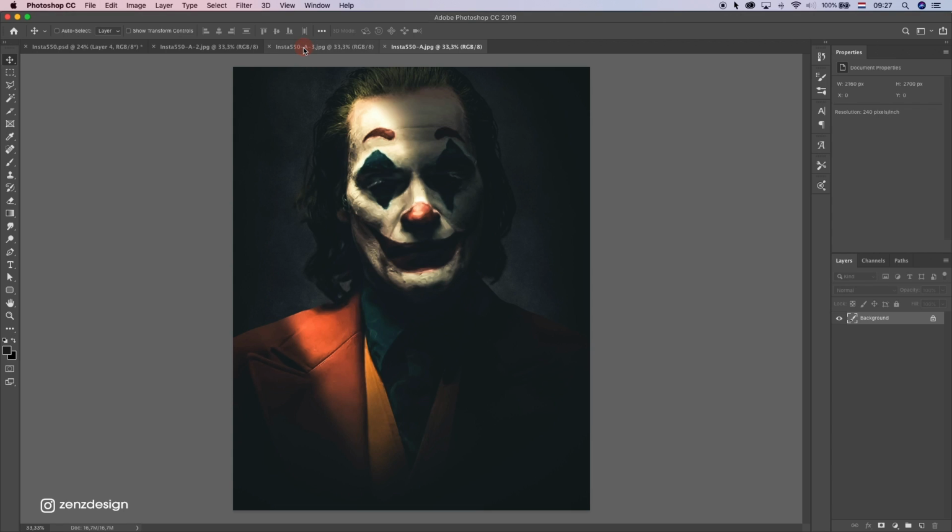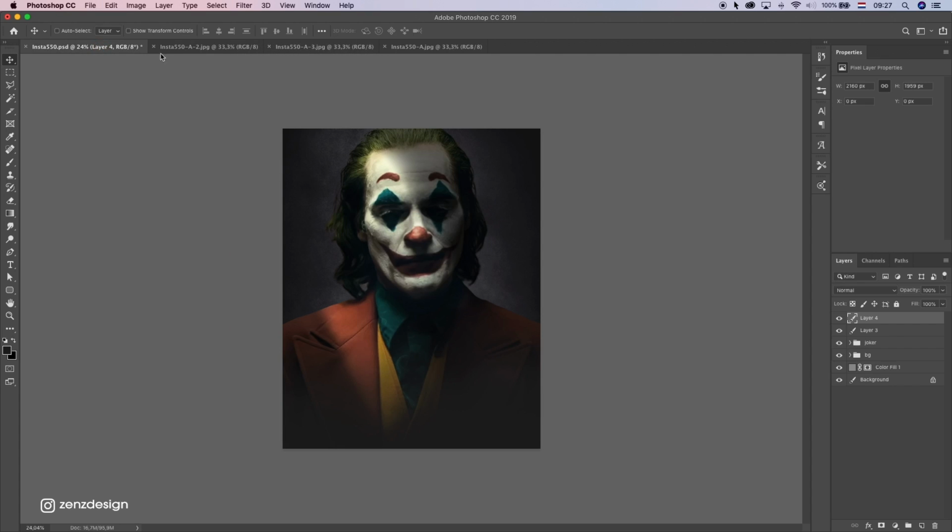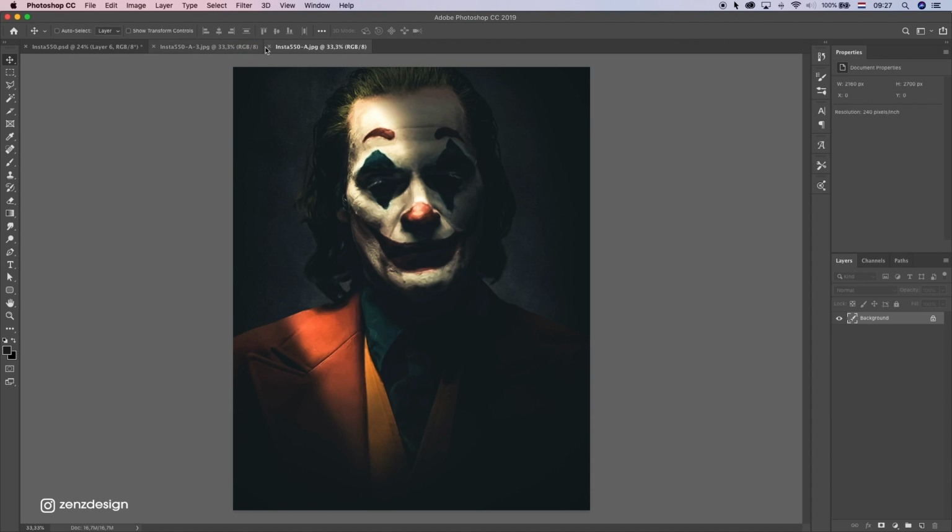Okay, back in Photoshop, 3 files created here, and I'm just gonna paste them in this file. So it's first one, second one, and last one.